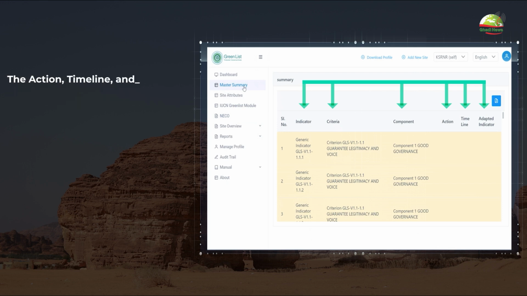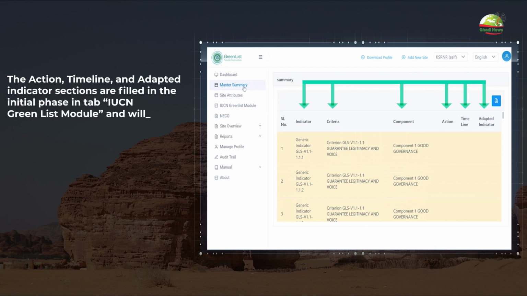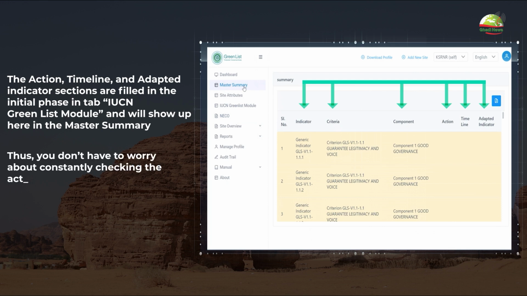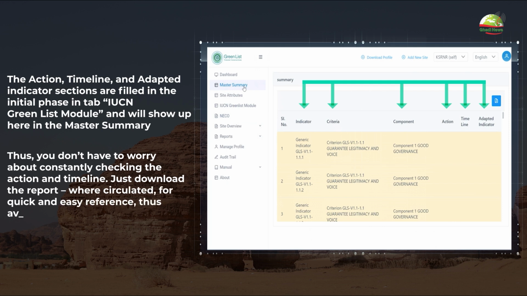The action, timeline, and adapted indicator sections are filled in the initial phase and tab, and the IUCN Green List module will show up here in the master summary. Thus, you don't have to worry about constantly checking the action and timeline. Just download the report or circulate it for quick and easy reference, thus avoiding the need to go through the